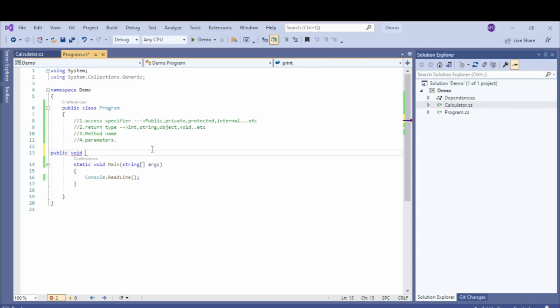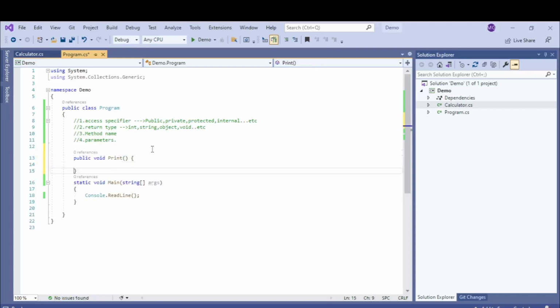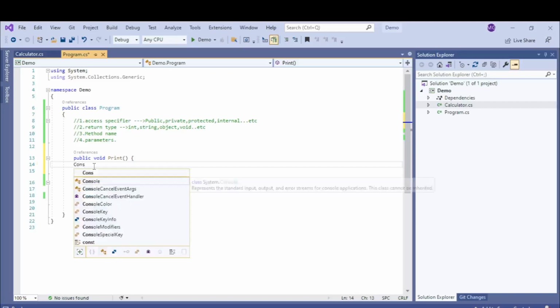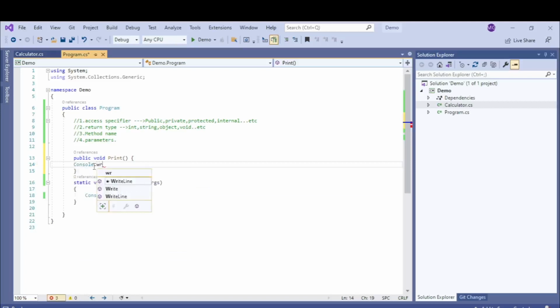Now I'm keeping it as Print. Inside these curly braces, whatever you write will be executed when you call Print. Inside this bracket you can pass the parameter, but for now I'm not using any parameter. I'm just printing hello world. Console.WriteLine, inside this I'll be printing hello world.